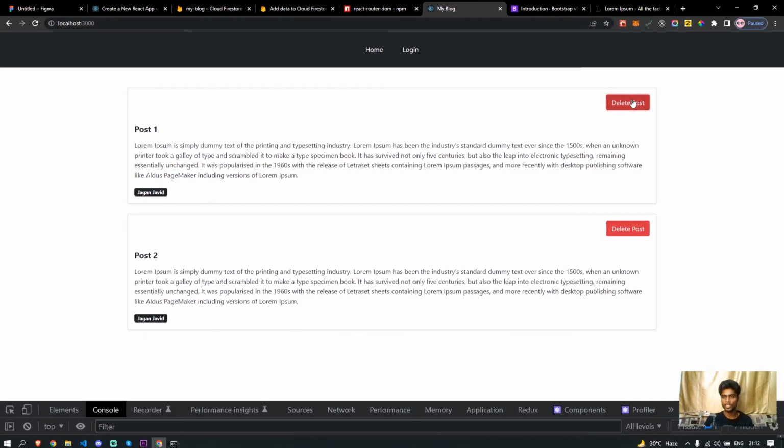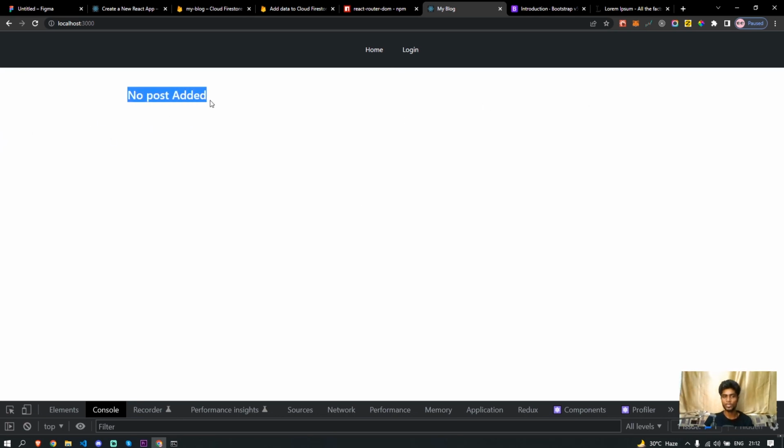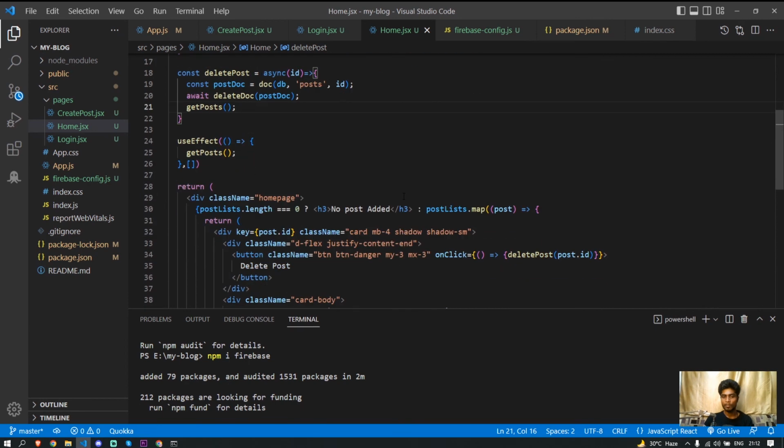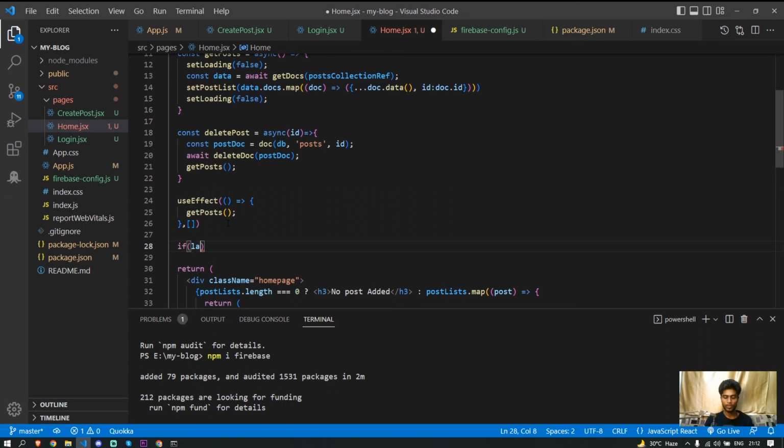post 3. If I click this delete, it's going to fire off from here. If I click this delete, I'm going to have no post added, because we are using the ternary operator here. Now everything is fine. And also one more thing, if loading is true, sometimes